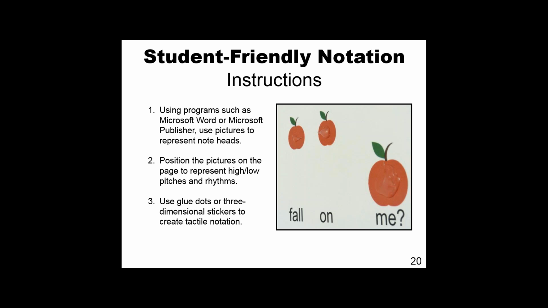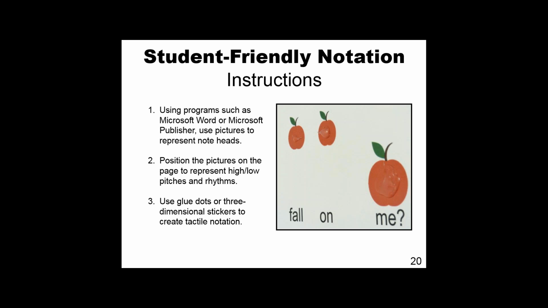However, for some of them, I'm hoping you can see in this picture of our apples here, I put glue dots on them. And the smaller the glue dot, the smaller the duration of the note. So we have 2 smaller glue dots on the 2 smaller apples to represent those paired eighth notes. And then we have a larger glue dot on the larger apple to represent that quarter note. And you could also use 3-dimensional stickers, different types of foam, whatever the shape is that will help, just so that students can feel it. So if they're tapping through, they can feel those rhythms.